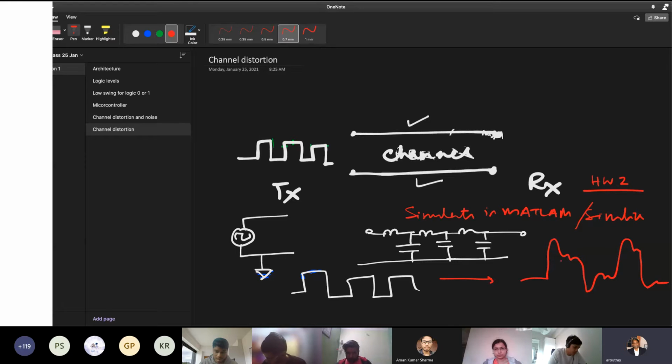So therefore, when it is distorted and also has noise, the probability of error is higher. So when you transmit to longer distances, even in millimeters or micrometers, the logic level increases. In nanometers, the logic level may be less, but in micrometers, the logic level will be more, so that the noise or probability of error is reduced.